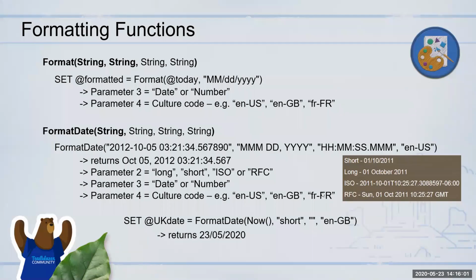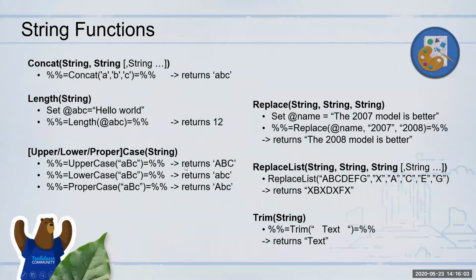Okay, so let's move on. Coming to some more interesting functions, these are string functions. You can see concat: if you want to concatenate multiple strings, you can just say concat A, B, C, and any number of strings you can concatenate. There is no limit to it. So in this particular case, it will return ABC. Okay. Length: like most programming that we have seen, if you have a particular string and you want to get the length of that string, you can just call the function length.